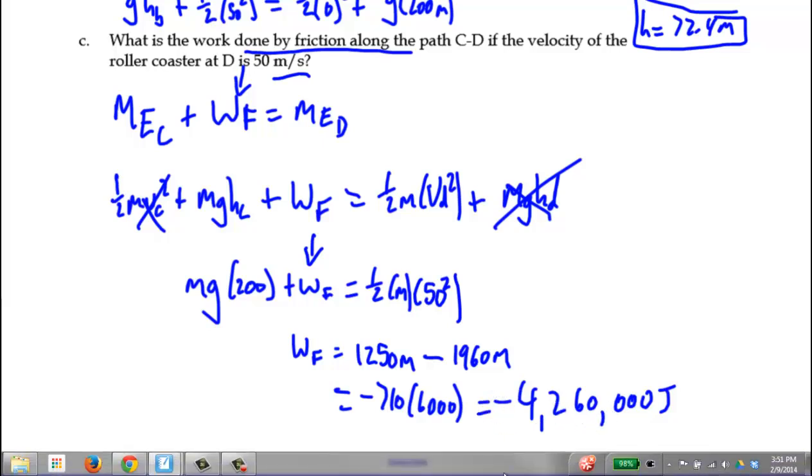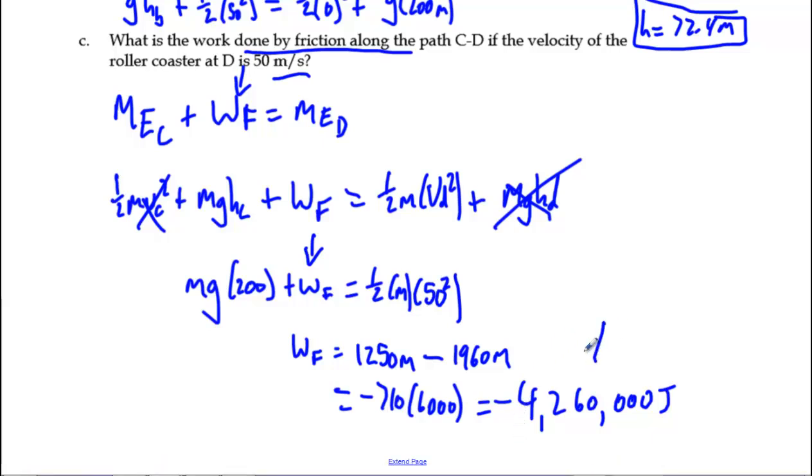Okay. Friction does negative 4,260,000 joules of work, bringing this roller coaster to a rest. That seems like a huge number, but a joule of energy is not a whole bunch of energy, so a joule of work, not a whole bunch of work. Granted, a 6,000 kilogram roller coaster is going to take quite a lot to stop, which I think is actually